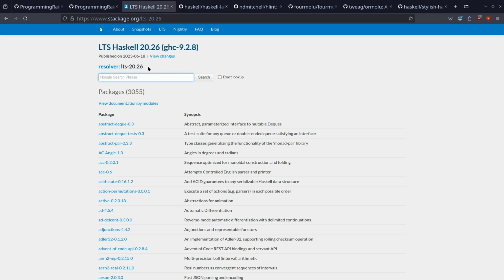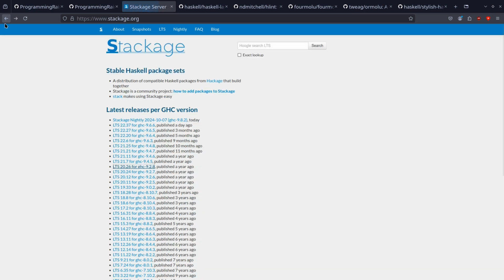So when I create a new Stack project, or when I'm installing anything with Stack, I'm going to use that resolver, LTS 2026, at least for now. But that's on my system. If your system has a different version, use this Stackage and find the version you need, and it should work